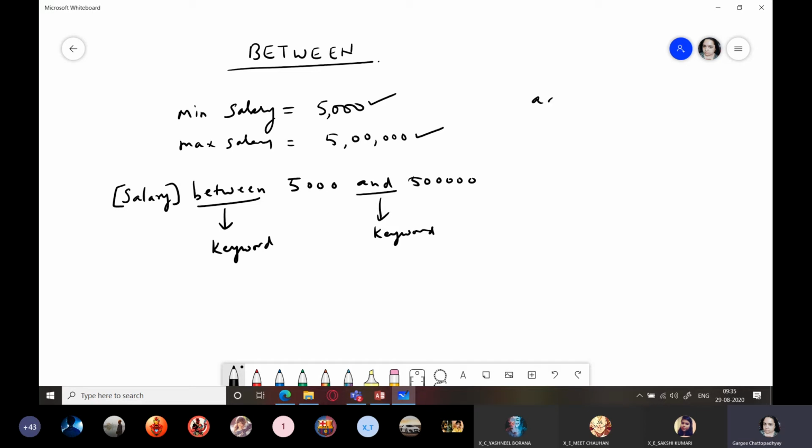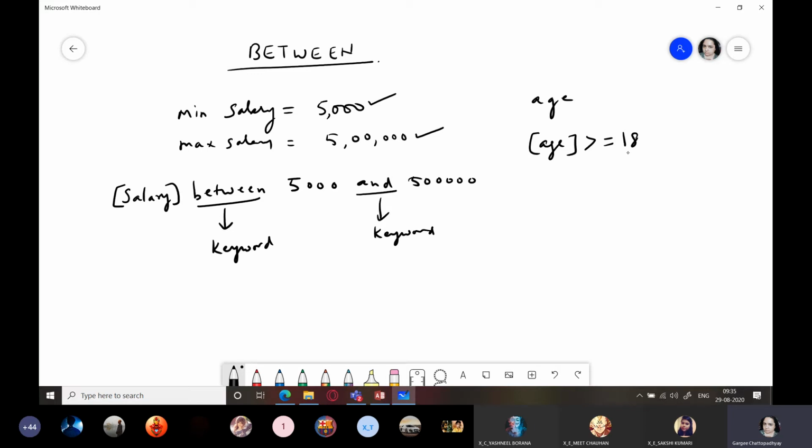Age of a person. You can say age should be greater than or equal to 18. That is, if I want to specify that I am taking the records of students who are doing their PhD programs or who are working in a company, so they cannot be minors. We can only have adult people working in the company.